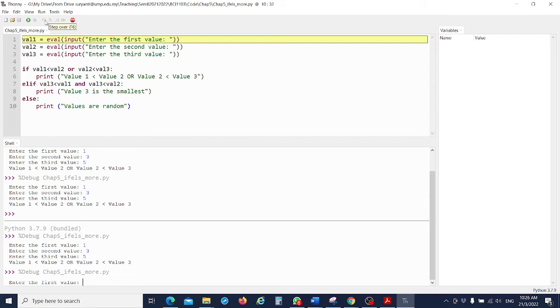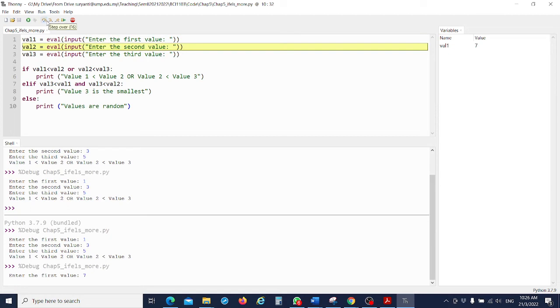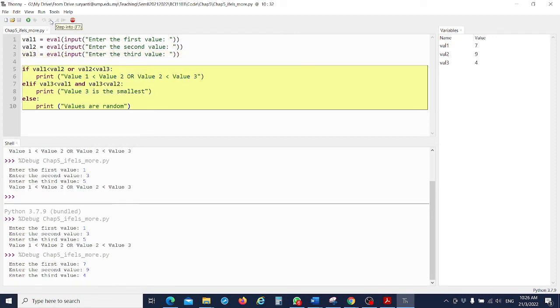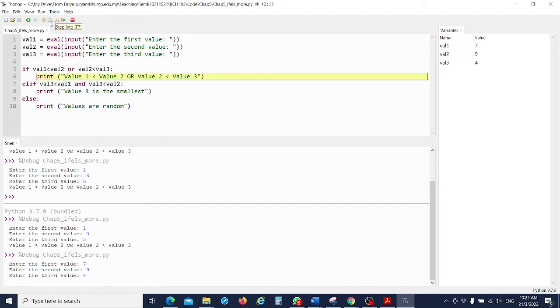Let's say value 1 is 7. Value 2 is 9. Value 3 is 4. Okay. So if we go to here, value 1 is 7. Value 2 is 9. So which is false? True. Yeah. 7 less than 9. Yes. Okay. Now we have